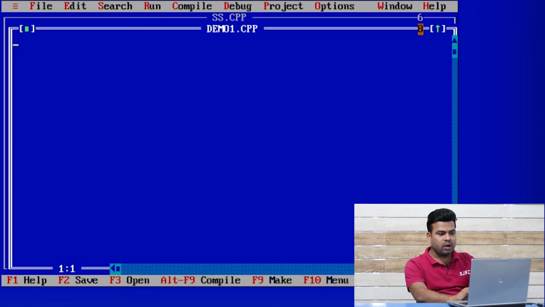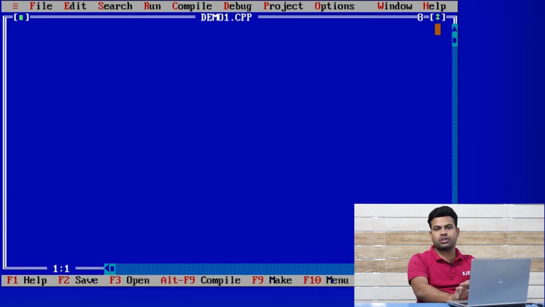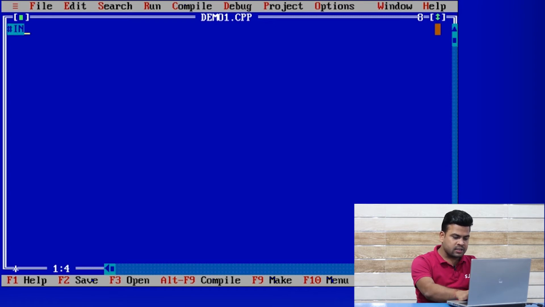Now I am writing the code. So how will you add two numbers? First you have to declare the header file, that is #include <iostream.h>. It's in lowercase letters.